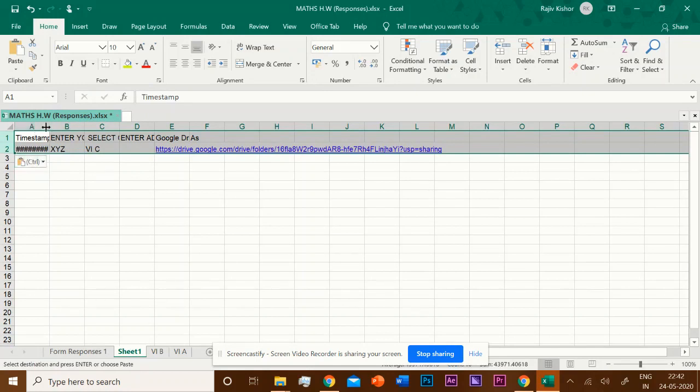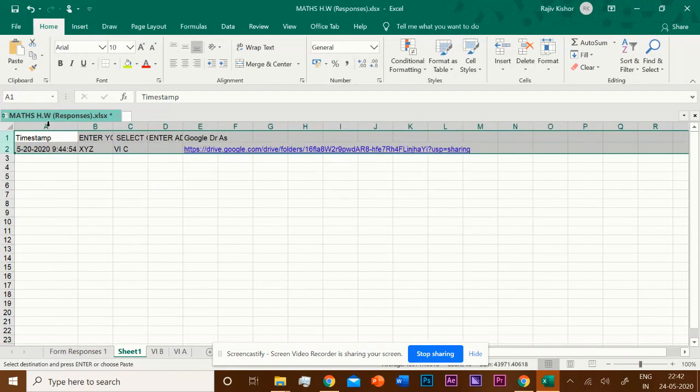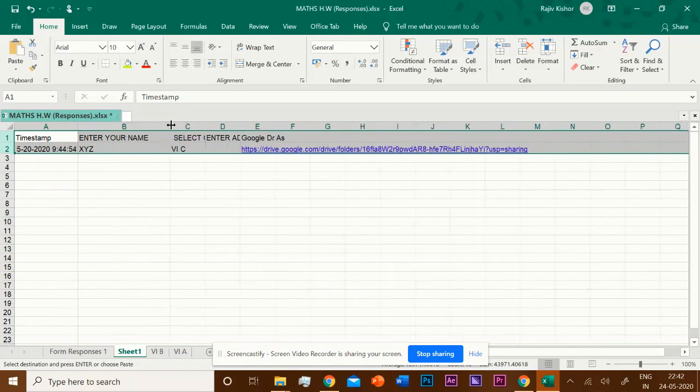You can increase the size of the column by placing the cursor between these two column lines. When the cursor shape changes into a two-sided black arrow, then drag it. So now the width is okay. Again, you can set the width of other columns also.